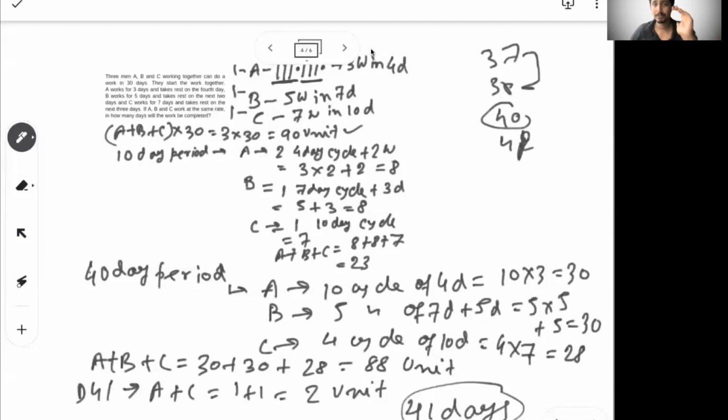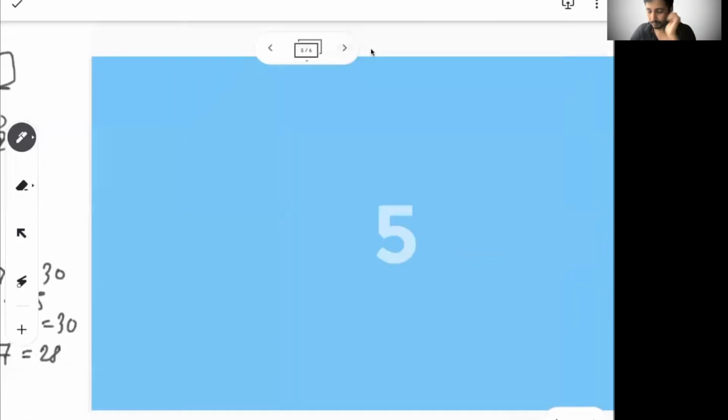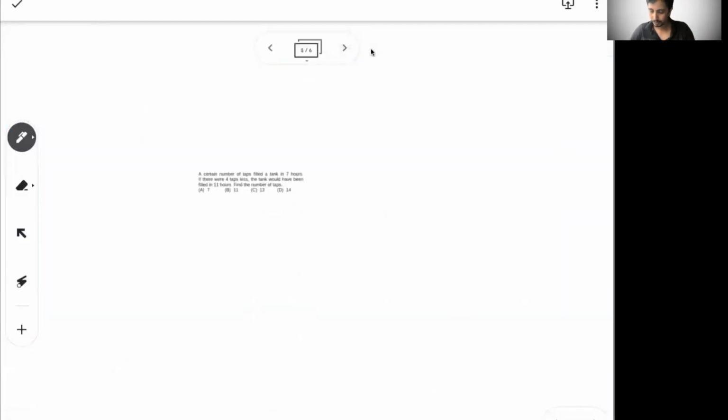But yeah, so what we're seeing, for each of the problems that we have chosen, it's not one approach that works. You possibly need to understand what is given to you, what should be a starting point for the problem. Is there a pattern? Is there some relation about efficiency? Is there some relation to possibly create an equation? So we have seen different types of problems, which is very important when you are doing a level 2 or level 3 kind of problem. Let's move to the next problem.